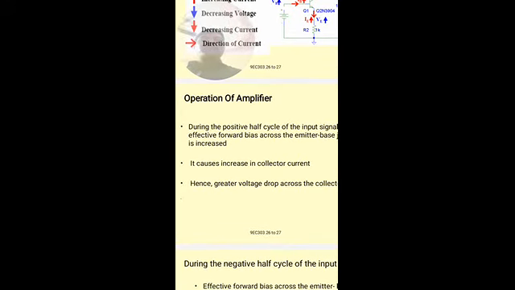So we have already the input junction is forward biased, and the input signal to be amplified is also going positive. So the effective forward bias across the emitter base junction is increased. It causes an increase in the collector current. Both the forward bias and the positive-going half cycle of the input voltage increase the base current, and therefore the effective forward bias at the input increases. So therefore the collector current